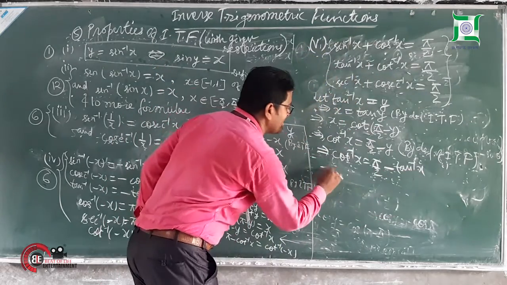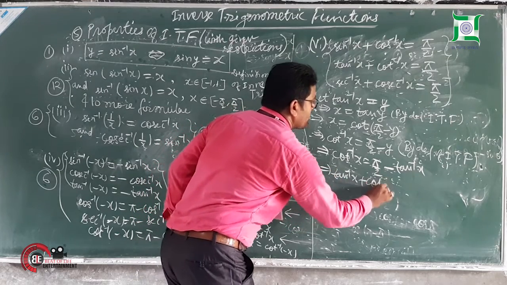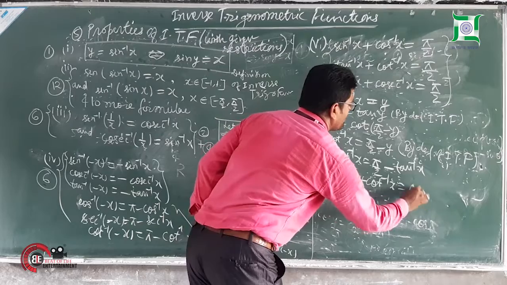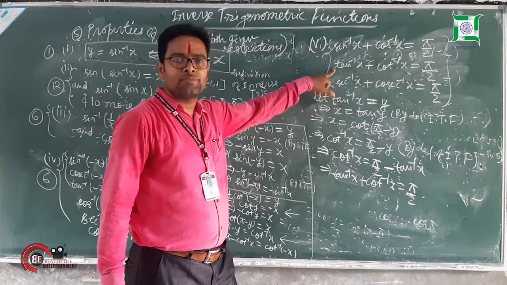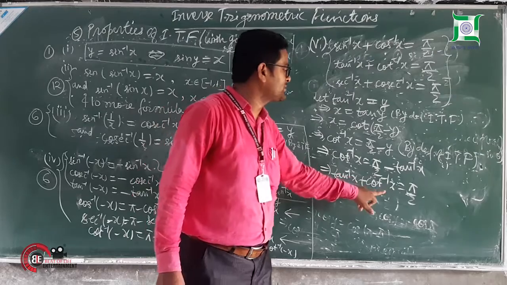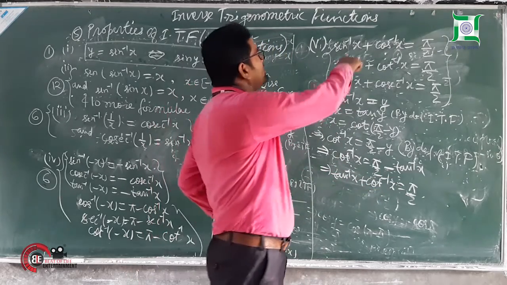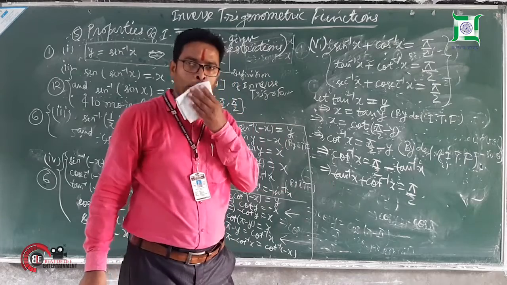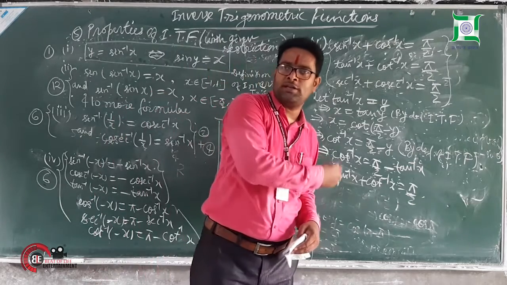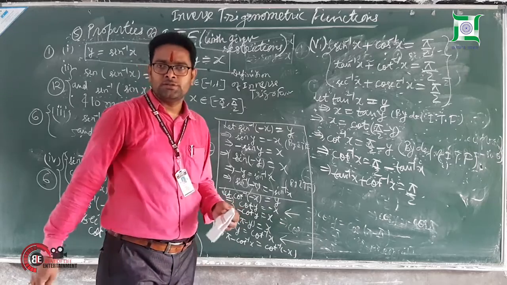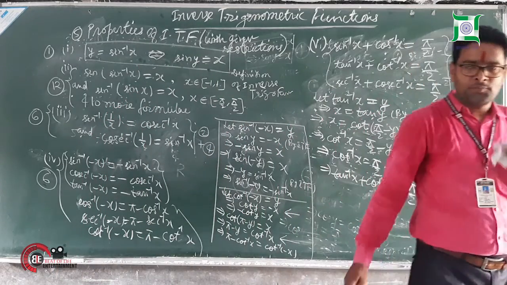Now, can you write it as tan inverse x plus cot inverse x is equal to pi by 2? Now see, have I proved that property? Tan inverse x plus cot inverse x is equal to pi by 2. In the same way, we can prove the others also, using the same method. You have to convert them into the complement. So in this way we have seen the fifth category also.